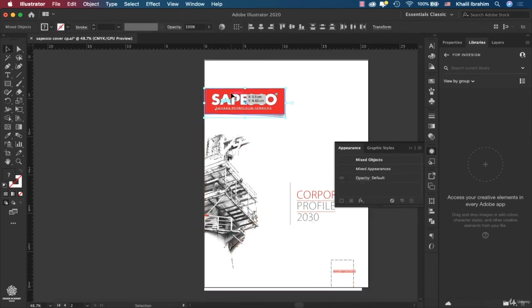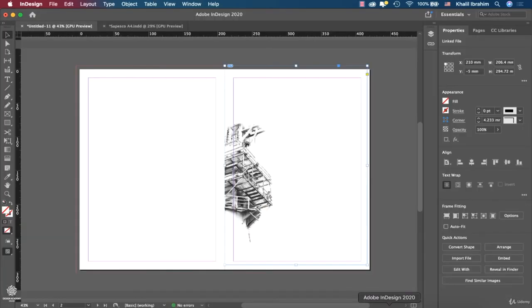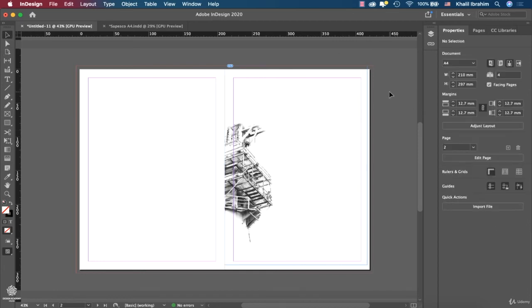First of all, you can press Command or Control C to copy that vector file, and if you have a newer version of Adobe InDesign, you can right away paste that one into your InDesign file by going back to the InDesign application and pressing Command or Control V. But before we do that, make sure that you don't have anything selected, like that frame in that case. So let's click outside while having our move tool selected, clicking in here, pressing Command or Control V, and now